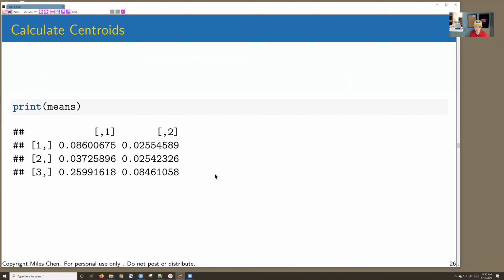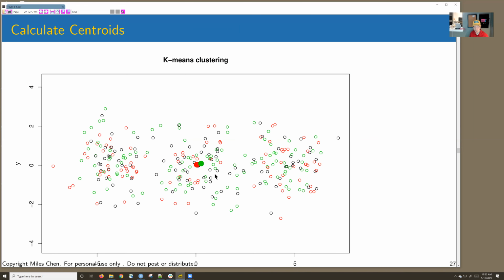Let me just graph this. This is what we have. The mean of all the red points is right here. The mean of all the black points is very similar, but a little bit off. And the mean of all the green points is over here. So it's random. They end up similar, not exactly the same. And now we're going to reassign all of our data points